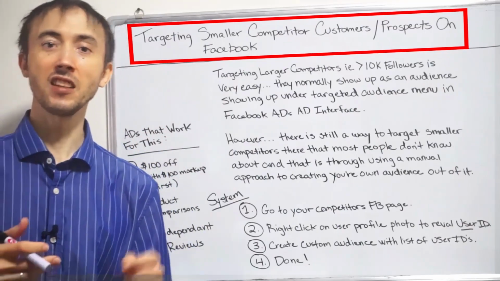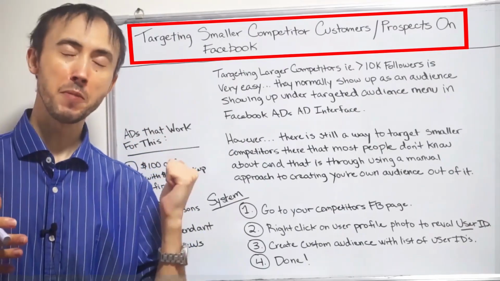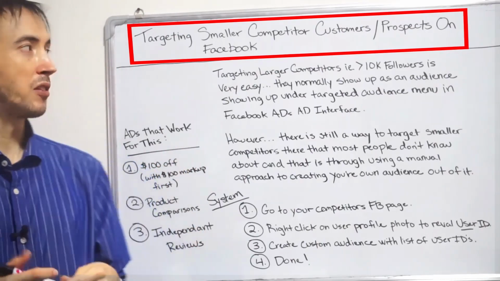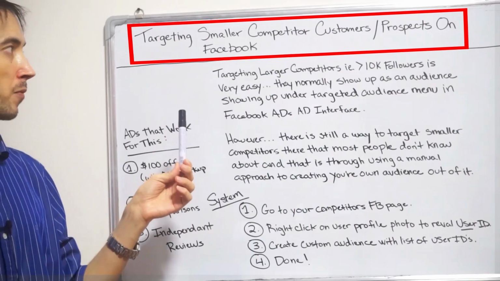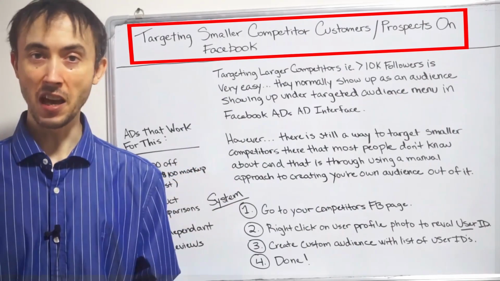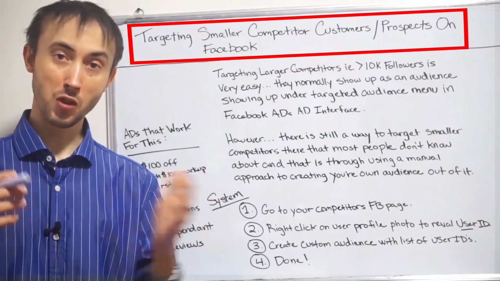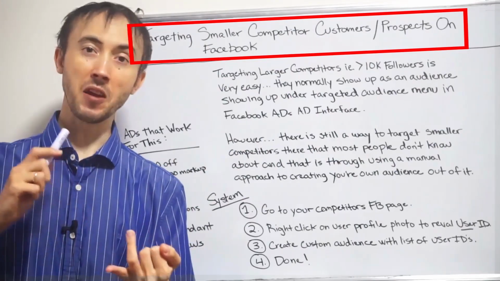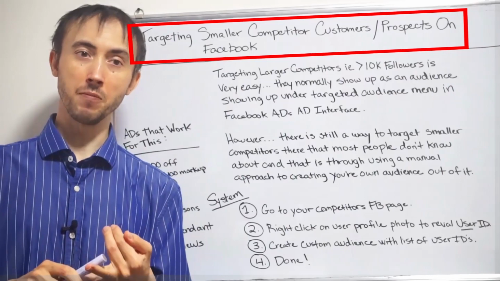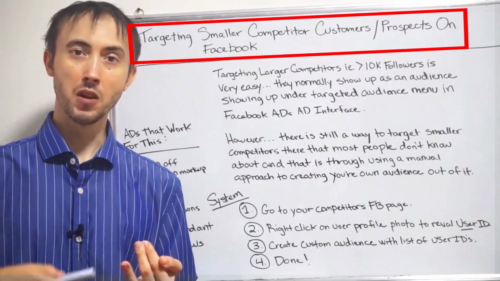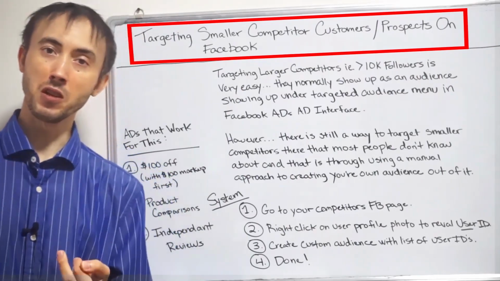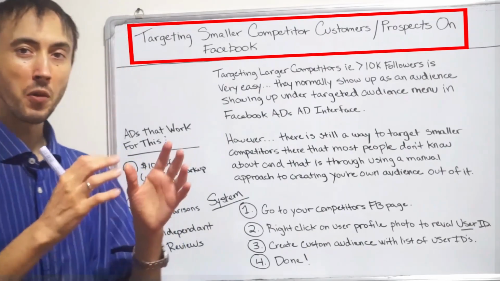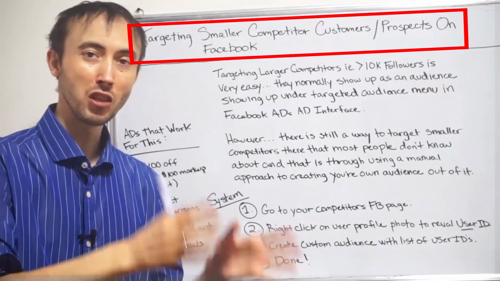This same thing technically will be possible with targeting people that are in a group, just with a minor twist to it. But respectively, your competitor has a list of followers, which may be just prospects. Maybe they're actually customers. If you have repeat purchases in your market, it definitely could be good, dedicated, loyal buyers to that competitor. We're going to figure out how we can get an ad in front of just those people, because